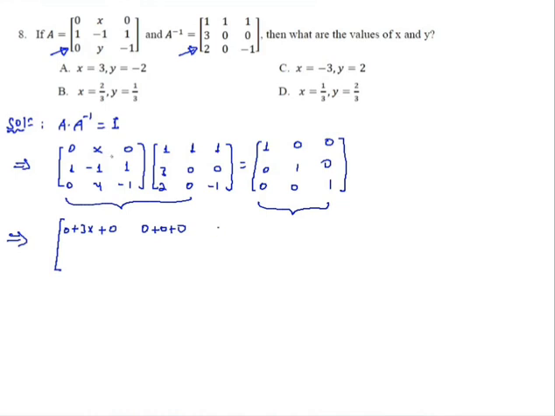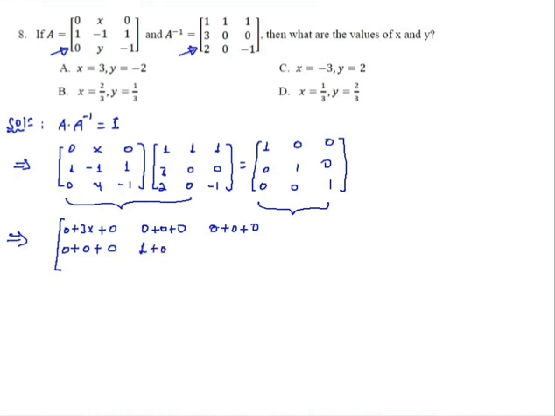Again, the third entry can be obtained by multiplying the first row by the third column, so it becomes 0 plus 0 plus 0. In the second row, the first entry again you will have 0 plus 0 plus 0, and the second element becomes